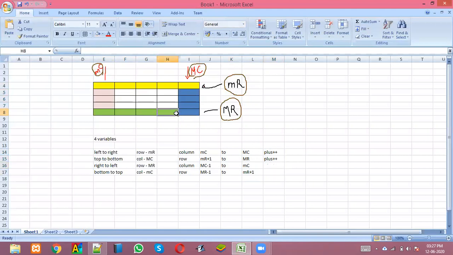But here we are going from right to left, which means column number will decrease. So we should do minus minus here. Similarly here, row number is going to decrease. This is row 0, row 1, row 2. If you go from here, it's going to decrease. So here also we do a minus minus operation.